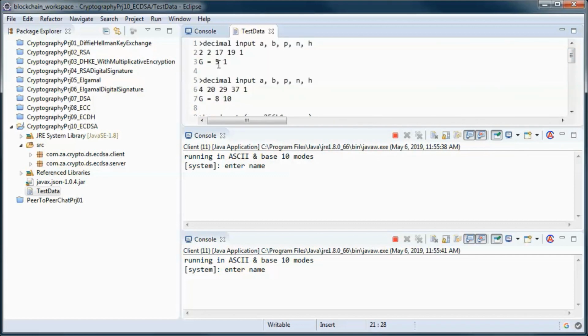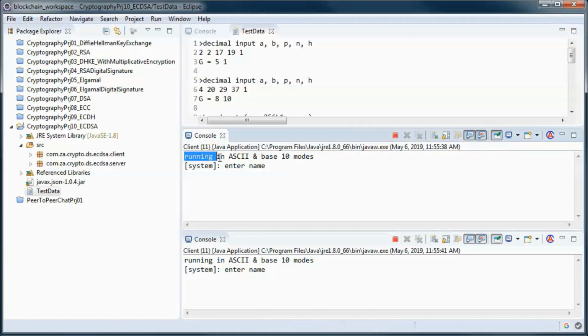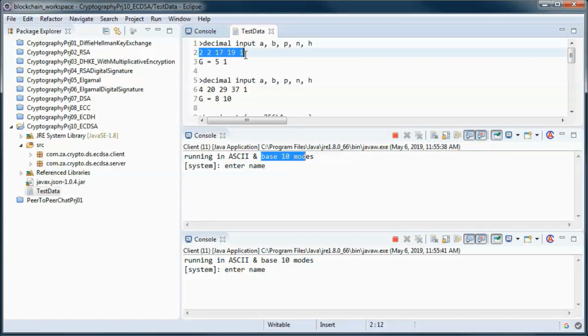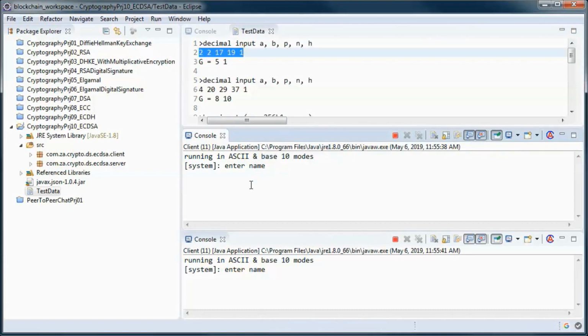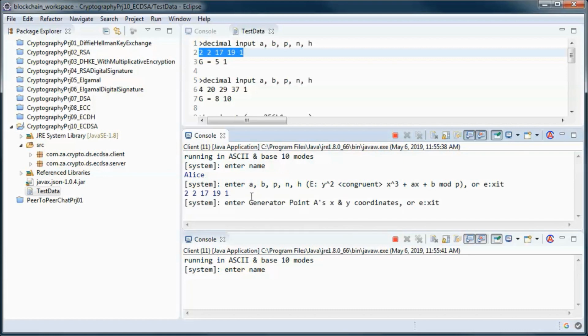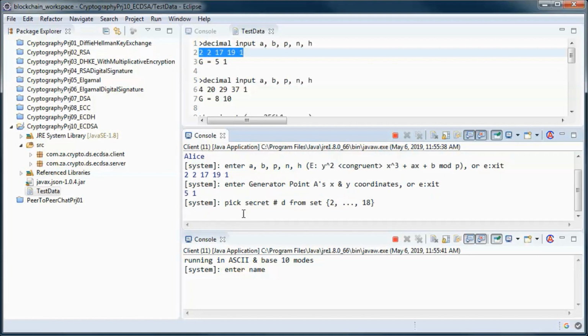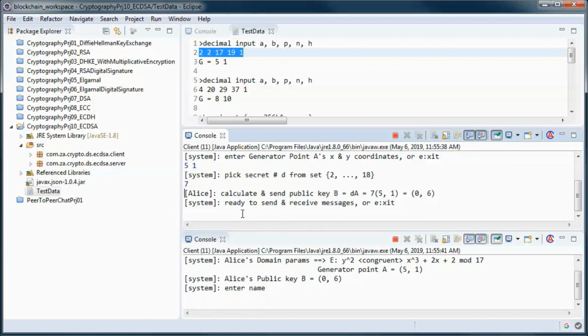So we'll start with running in ASCII mode and in base 10. And we'll use this generator point and this secret key.